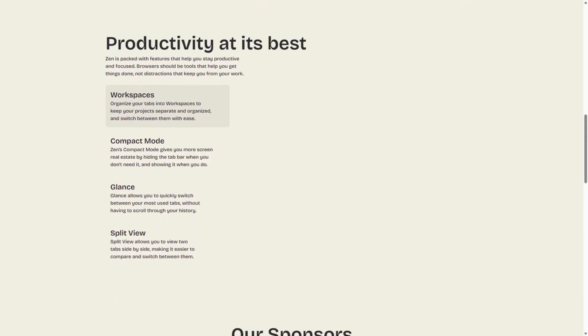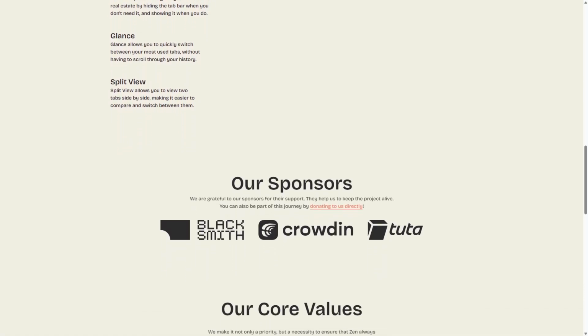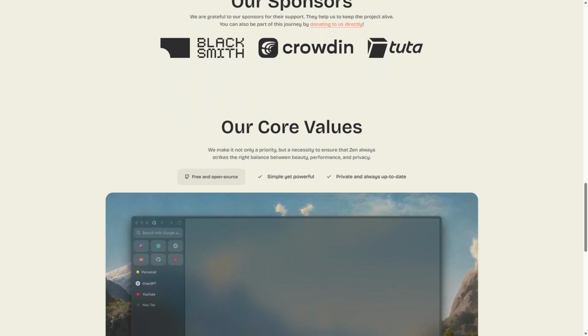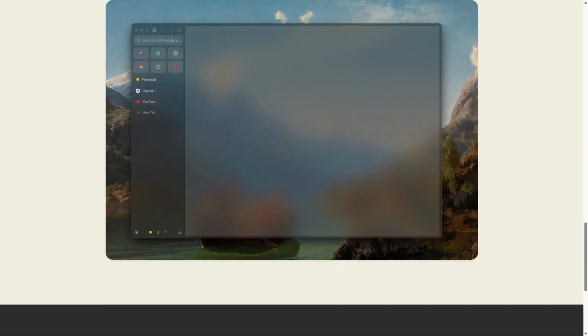However, its limitations include fewer customization options compared to competitors, which may not satisfy power users. Zen Browser is ideal for casual users who want a straightforward and efficient browsing experience without the complexity of additional